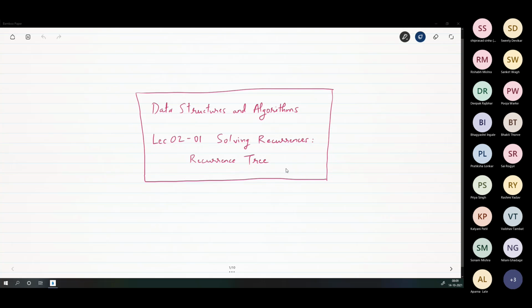It's simple, and I want to do this in one lecture itself rather than breaking it into parts, because it is essentially only one thing. There's nothing to break. So we'll finish this in one sitting. So be careful. Anyway, it's being recorded, so you can look at it later as well. But just pay attention. It is easy, but you just have to pay attention to this. So, solving recurrences using recurrence trees.